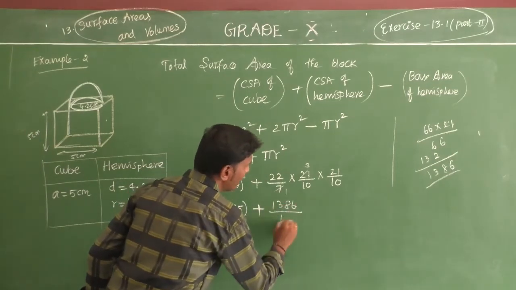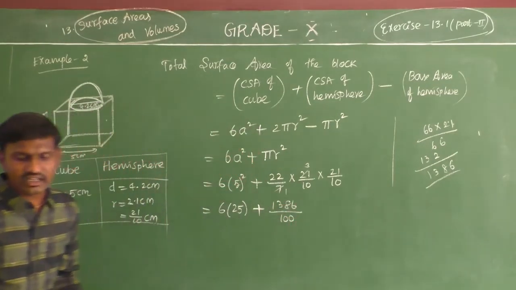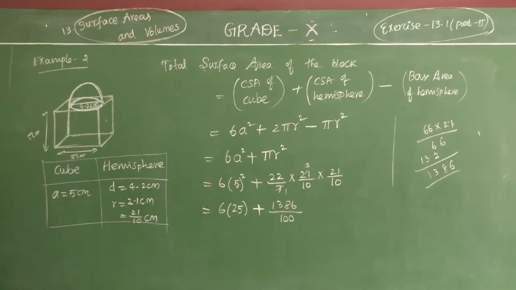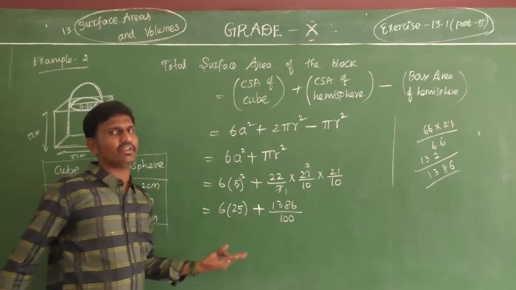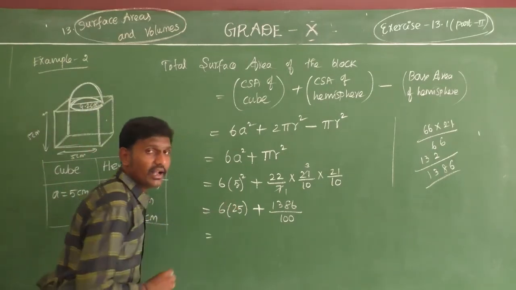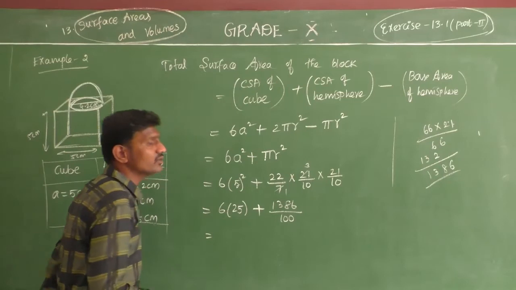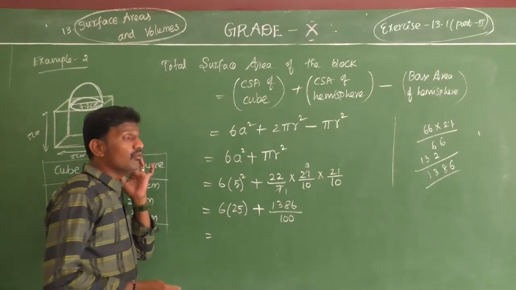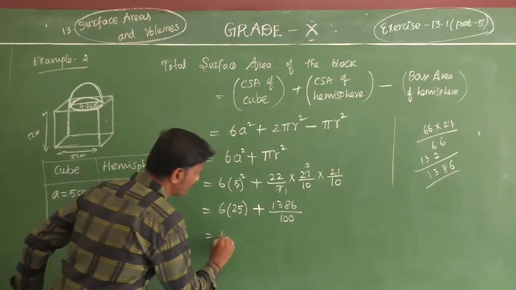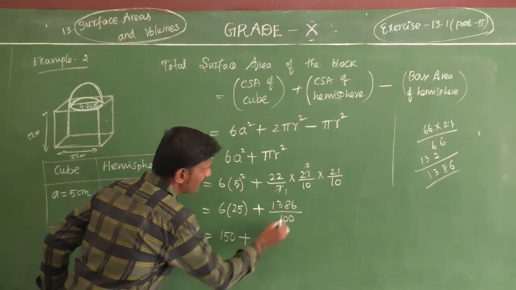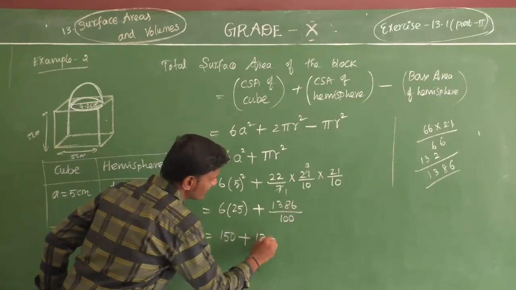1386 whole divided by 100. 1386 divided by 100. Why? Because that is simple for you for the simplification. Now multiply this 6 by 25, what will come? 4 25s are 100, so 150. So 150 plus 2 zeros, I am going to take the decimal point like this,